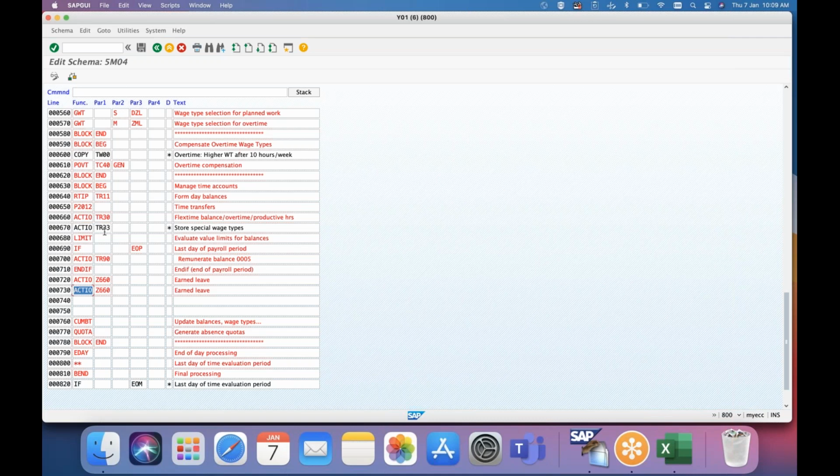Let us say, for example, we have some standard PCR, say TR30. I want to modify this PCR as per the client requirement. So I will copy this to ZR30, for example. Now I want to insert this, but I should not delete this line. What I will do, I will go here and put R. So here there is no need to remove anything in the line command.